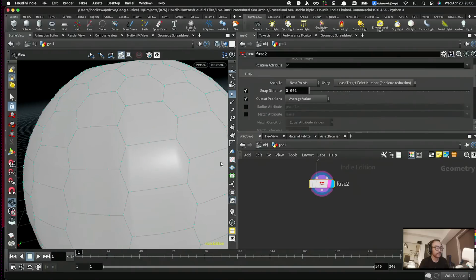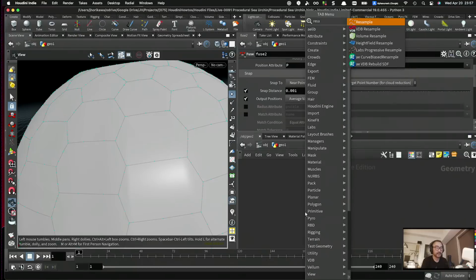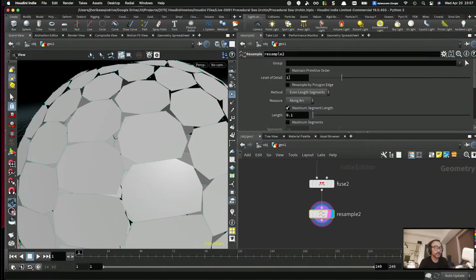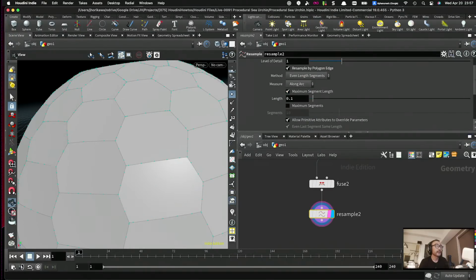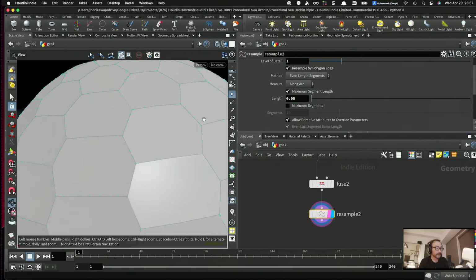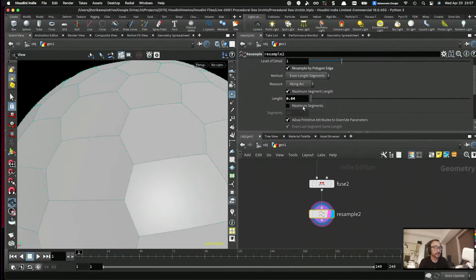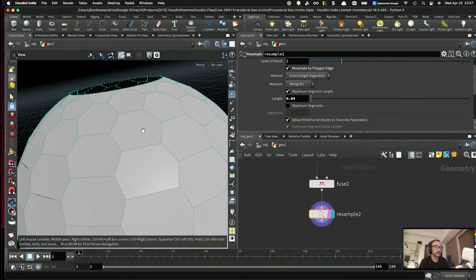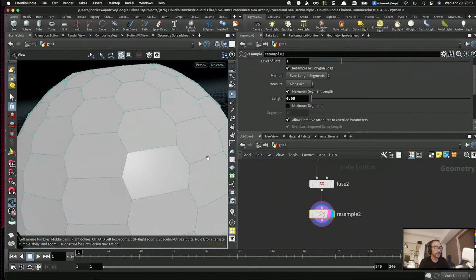Okay, so before doing the offset, I don't like the number of points on the edges, so I'm going to use the resample node to recreate the points, check the resample by polygon edges, and make the point number maybe smaller. The smaller you get, the higher resolution or smoother result you get. Maybe 0.05 is fine for this shape. Okay,